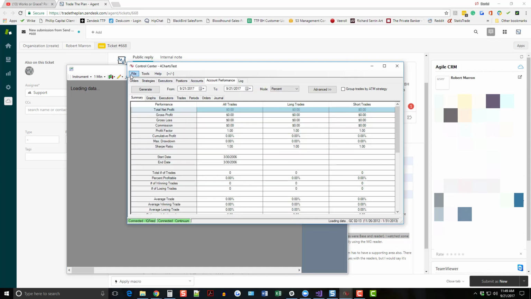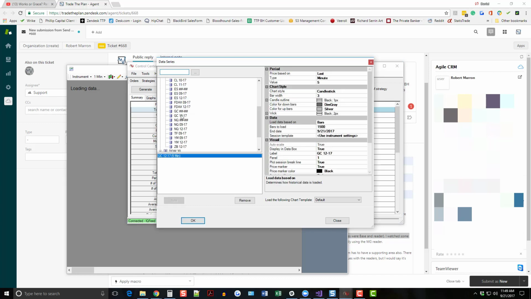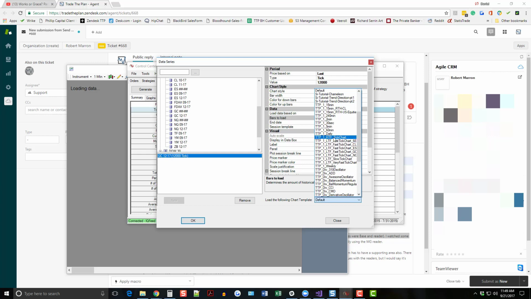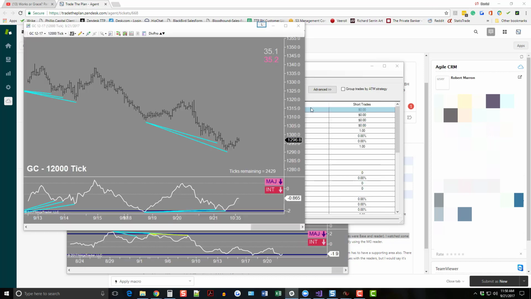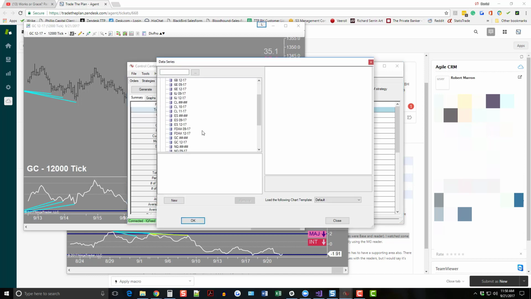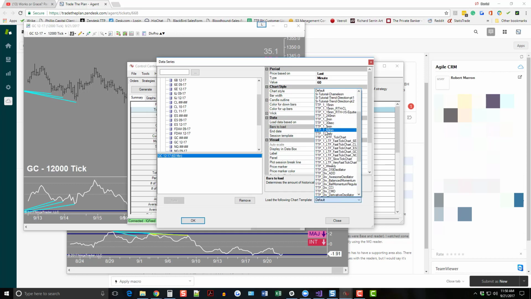and then do a 12,000 tick. I'll do 3,000 bars there, and I'll add the higher time frame tick chart template, 1 HDF tick chart. Wait for this one to finish loading. And now a 60-minute. 3,000 bars. Add the 60-minute chart template,